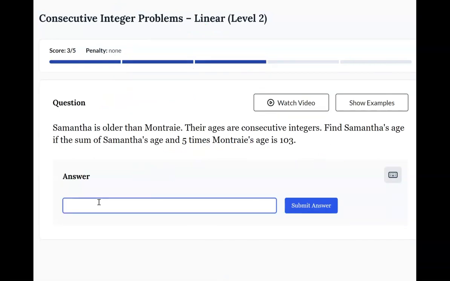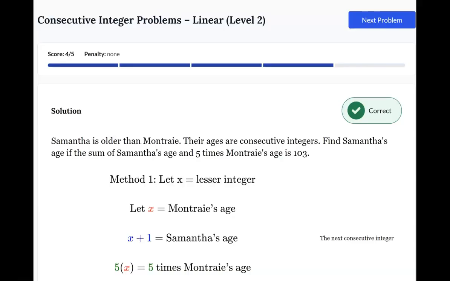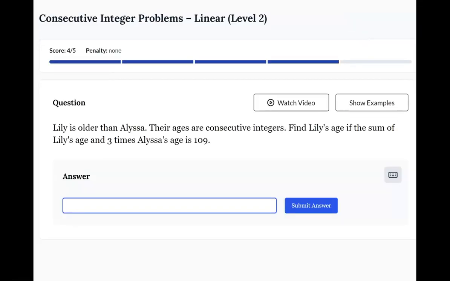Let's type that in here and check. All right, let's move on to the next topic here,